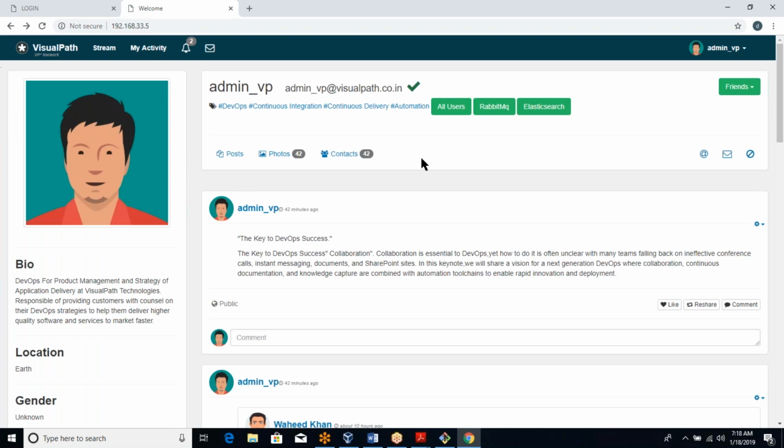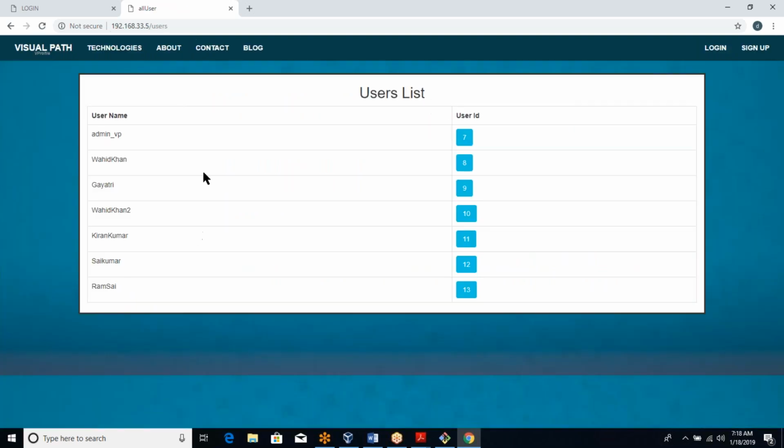Then for Memcache, it's a database cache. In the database, we have user details. So we have created a button here, all users. You can click on this. It will show a list of all the users. This is coming from the database. So let's click on some user,